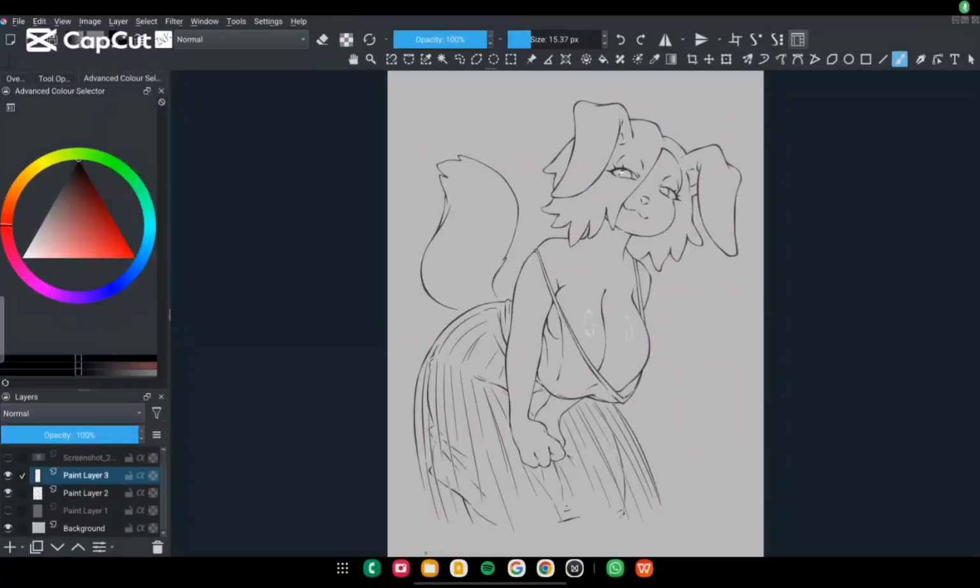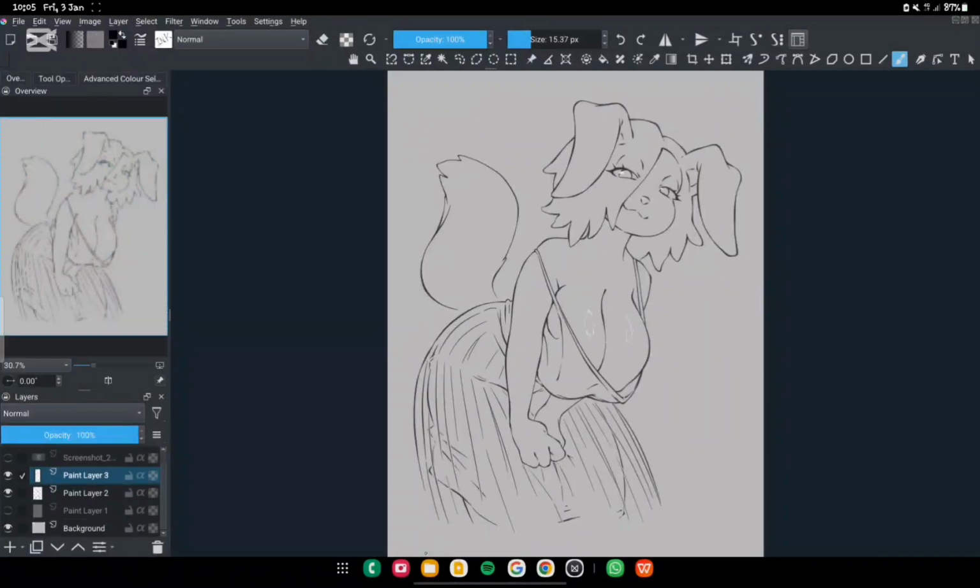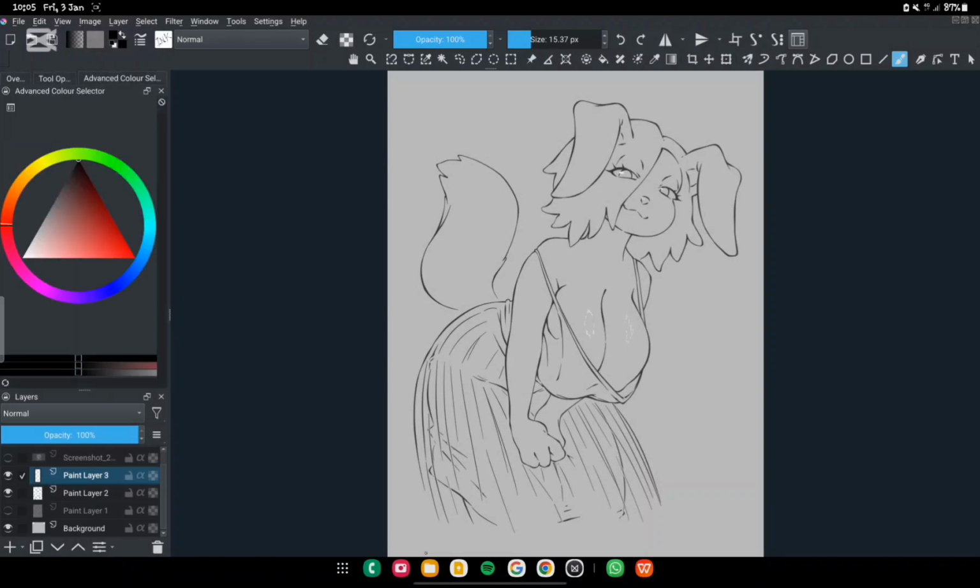This is my current workspace. There's the overview here, 2 options, advanced color selection, layers down here, and all these other bars up. This is exactly how I want my workspace. So let me just show you how to create your own, because apparently I can't actually export it, seeing as